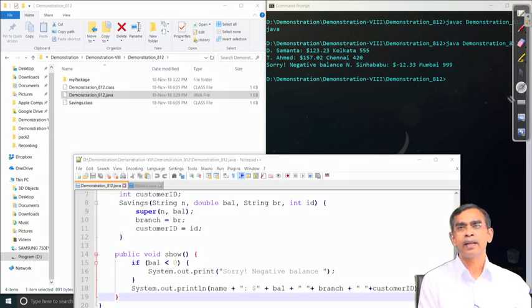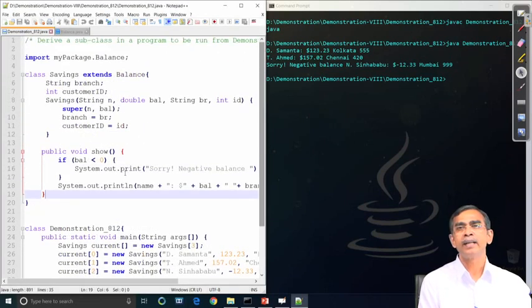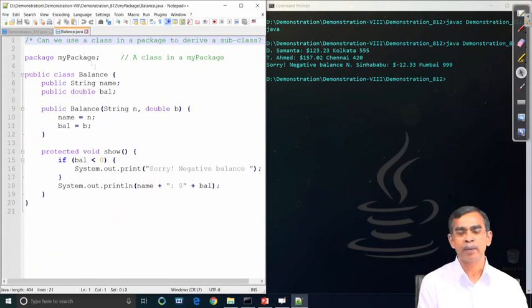What I want to emphasize again is that if a class is there in a package, inheritance is not an issue, and if it is public, all members will be accessible. If it is private, then obviously the private member cannot be accessible, but the protected members are accessible in the inherited class. Those are the obvious concepts we have already learned, so I do not want to explain them again. Now, let us have the next demo.